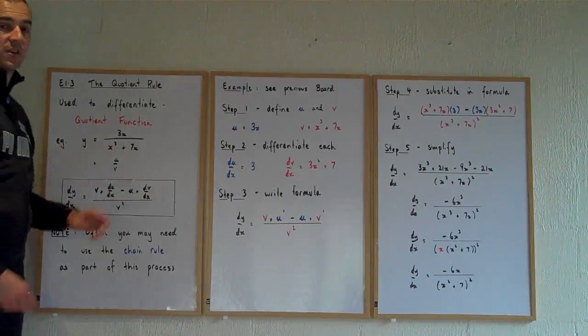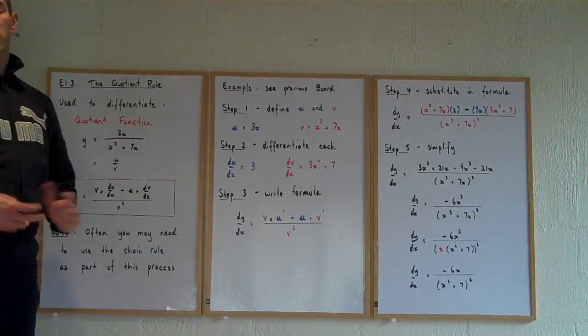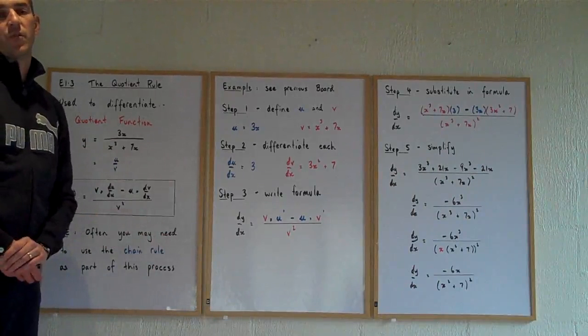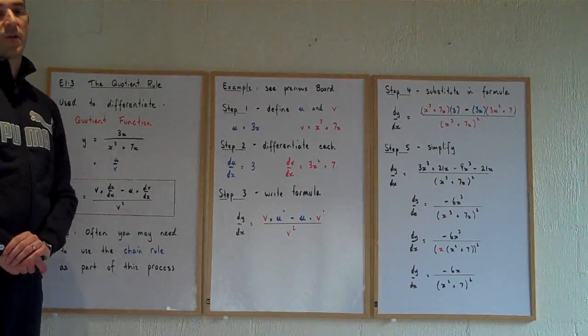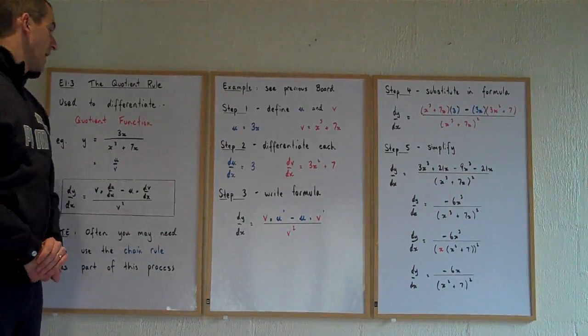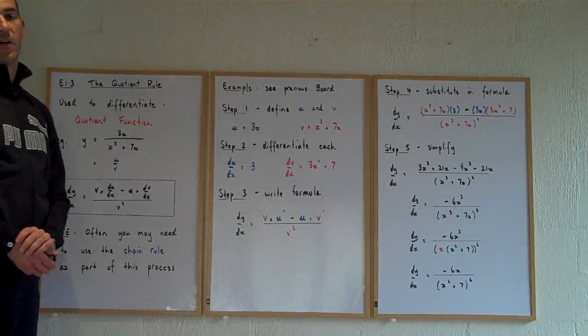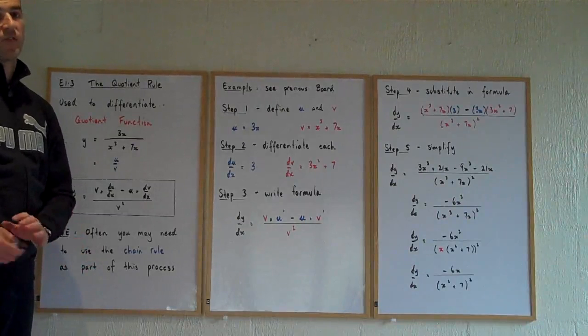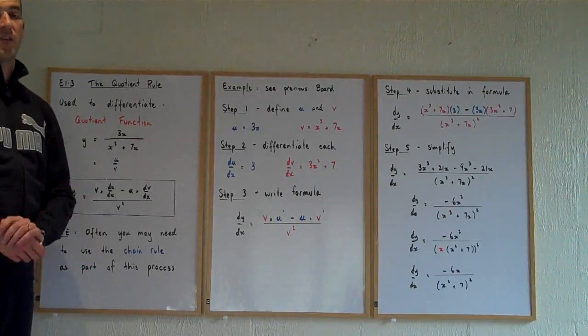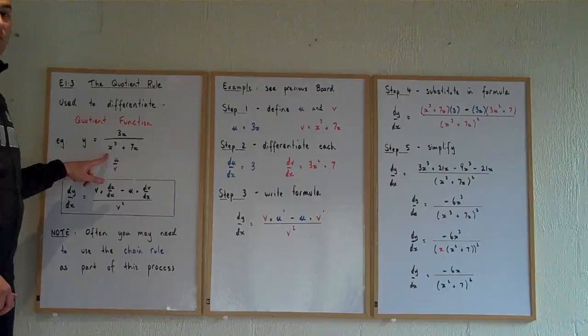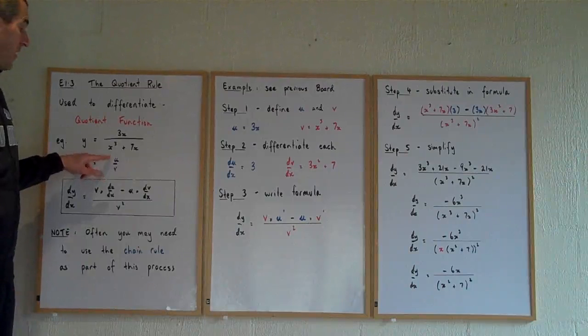Now with the product rule, it didn't matter which order we had. If we multiply two numbers, 2 times 3, it doesn't matter the order. 2 times 3 is the same as 3 times 2. However, with quotient functions and division, we need to get the order correct. 1 divided by 2 is a half, 2 divided by 1 is 2. They're different answers. So we need to make sure we correctly define u as being the numerator and v as